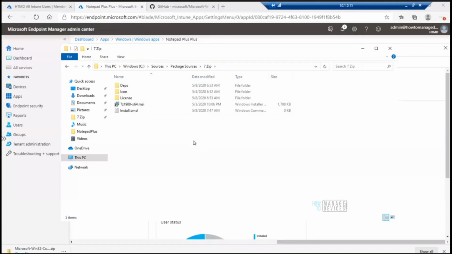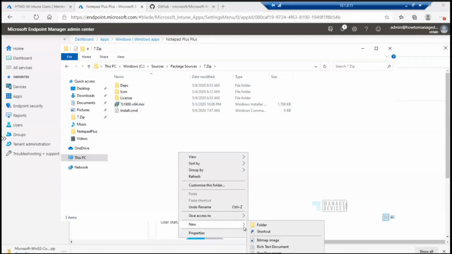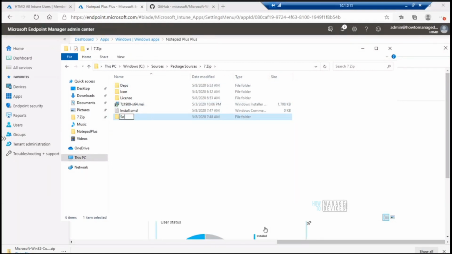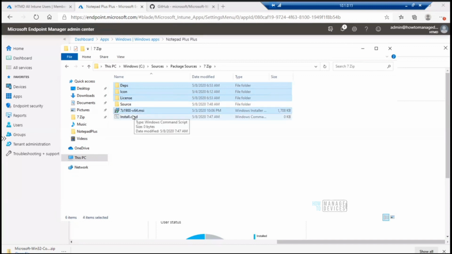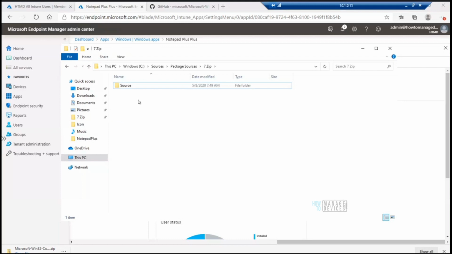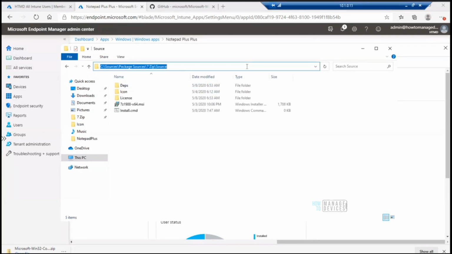So what I will do is create a source folder here, and move all my source files into that source folder. Okay, I moved all my source files into the source folder.